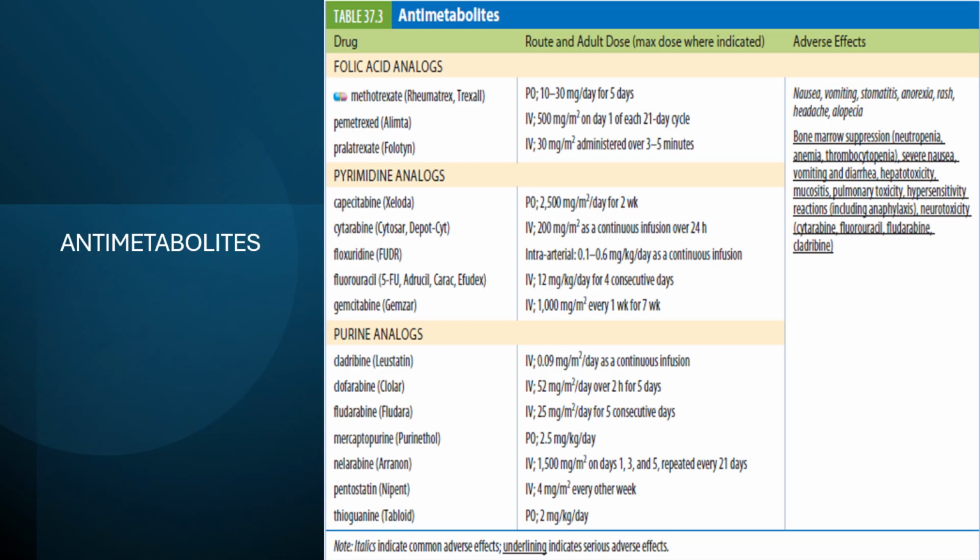Anti-metabolites. Anti-metabolites are anti-neoplastic drugs that chemically resemble essential building blocks of cells. These drugs interfere with aspects of the nutrient or nucleic acid metabolism of rapidly growing tumor cells. Now, pharmacotherapy with anti-metabolites. Rapidly growing cancer cells require large quantities of nutrients to construct cellular proteins and nucleic acids.